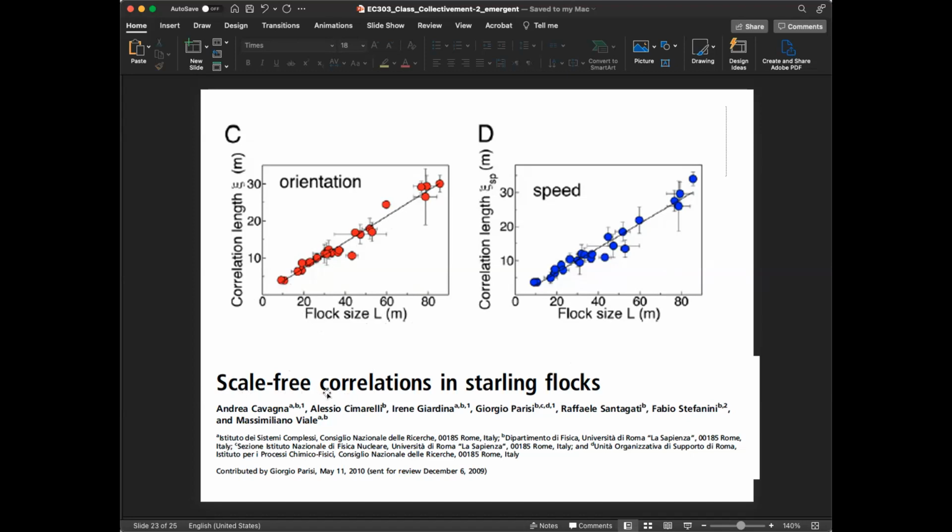It's called scale-free correlations. Their argument is that if we had a next bigger flock, this would be even bigger, and so on and so forth. Meaning there is really no limit technically. Although there is a limit within each flock, just by increasing flock size, you are not going to reach any sort of limit in terms of how much the information can transfer within each flock. That's called scale-free behavior, meaning there is really no scale to the system.